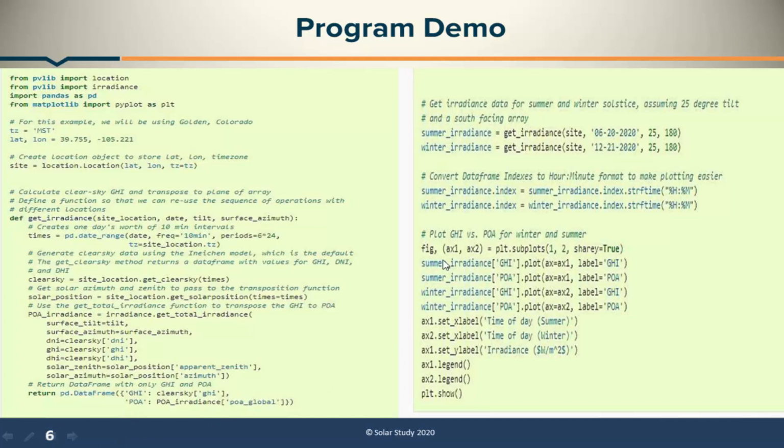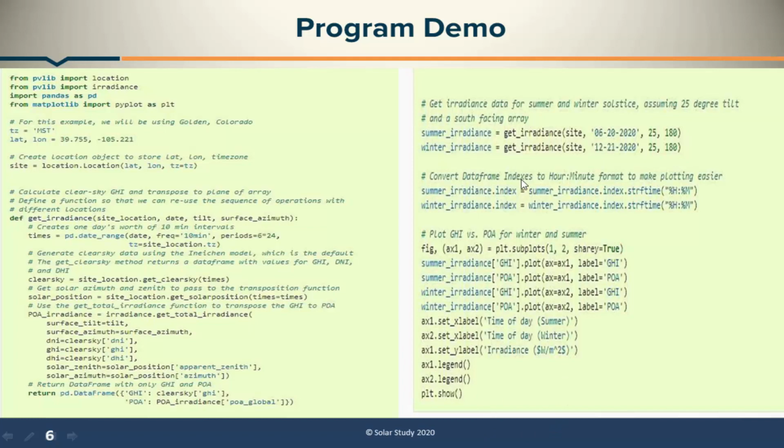Then later what we have to do is plotting. For plotting, first we have to get the irradiation data, because in order to plot we require irradiation data from the sun. That we will store from where to where, like this is the 6/20/2020 data. Okay, so we got the summer irradiation and winter irradiation, and all of that is stored in the data present in PVlib. We can use our own separate Excel data also, no problem.